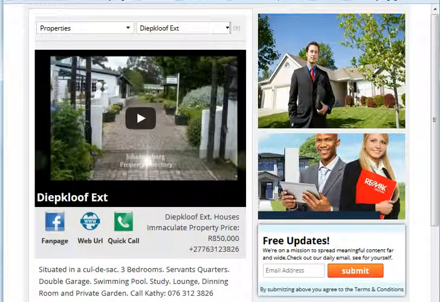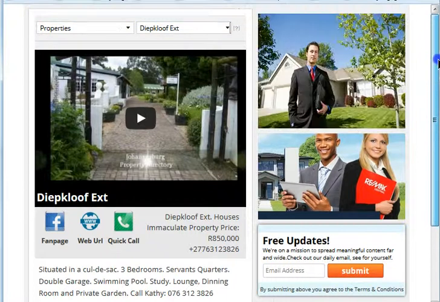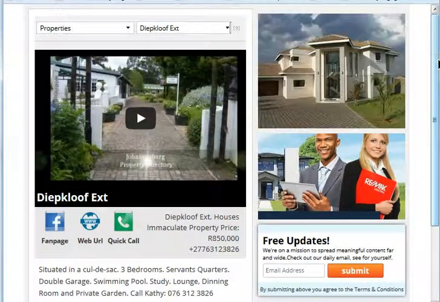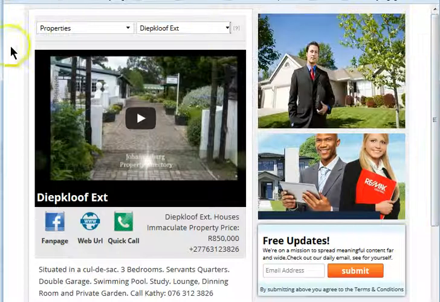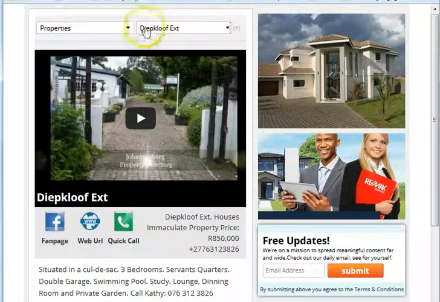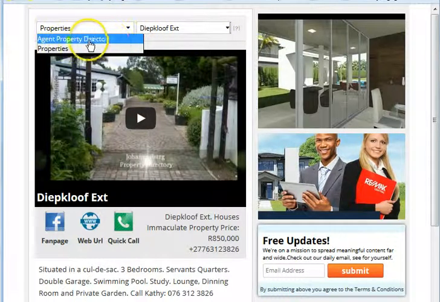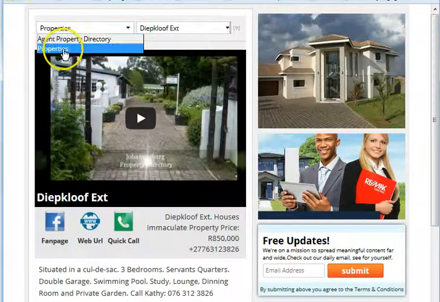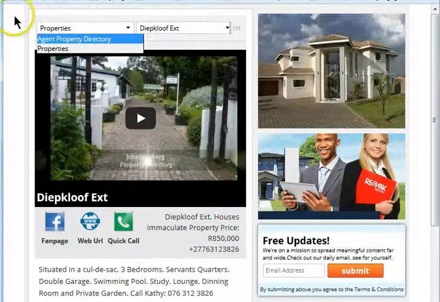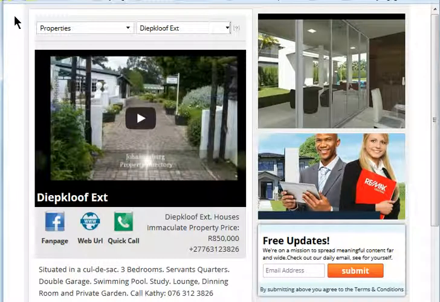Right, now you are looking at a property directory of the mobile version of our Facebook social enterprise. It will have on the left hand side the actual menus. These menus are drop down menus. As you can see, it says agent property, and below, remember what happens with these directories, they can be profiled differently. Like for example, you can have a category for residential. Under properties you can have